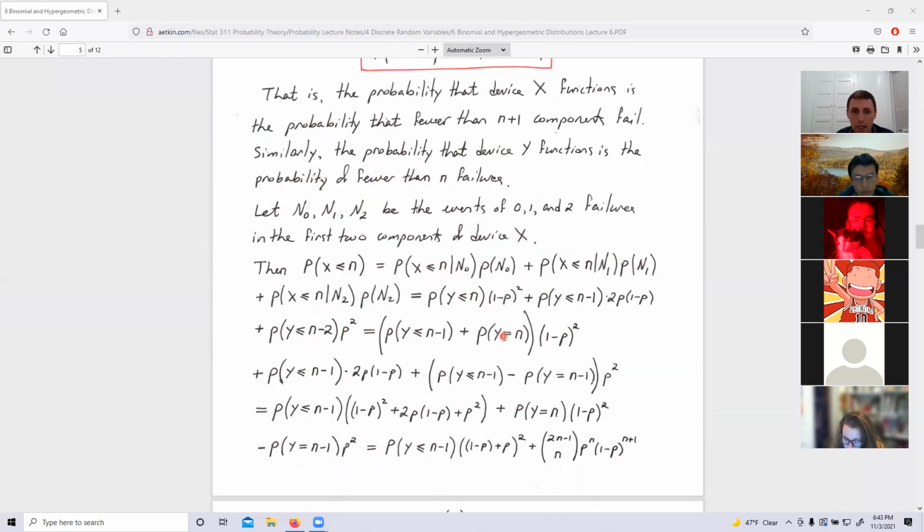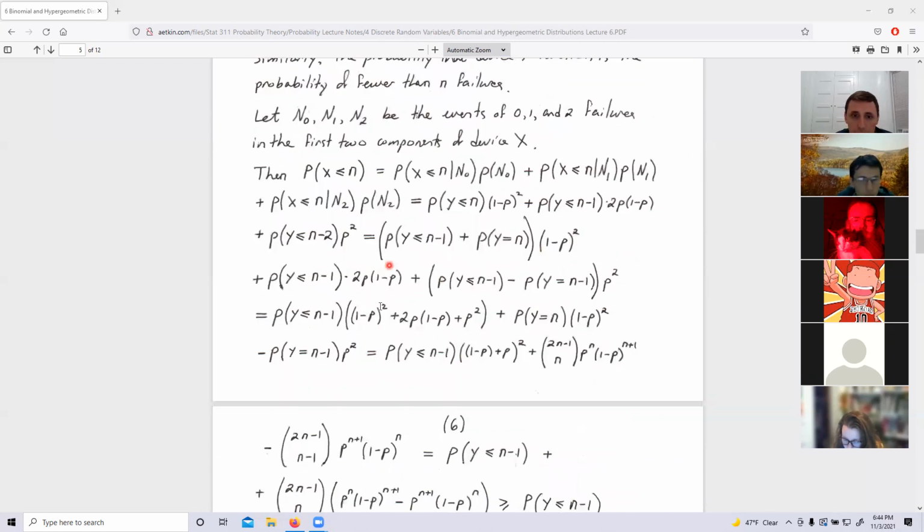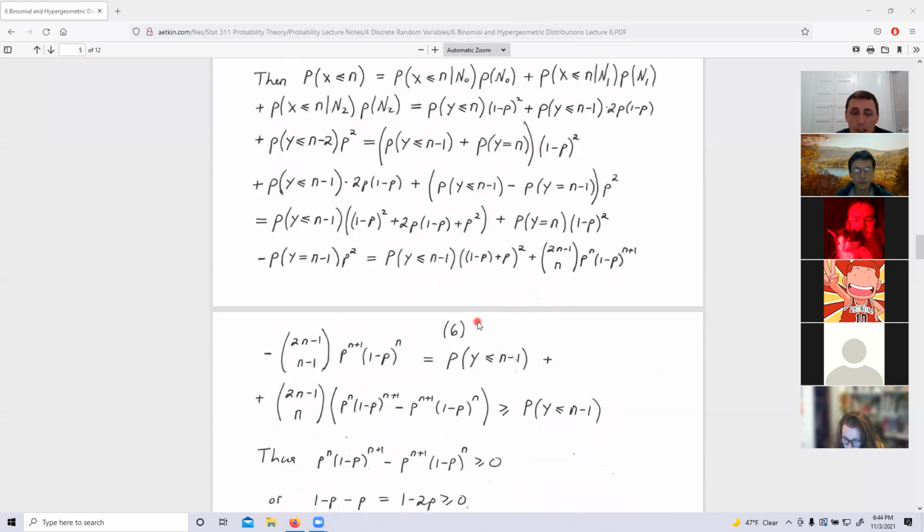Look at it. So then I can simplify it. Let's see, we have this thing. I just simplify it. And then I can now